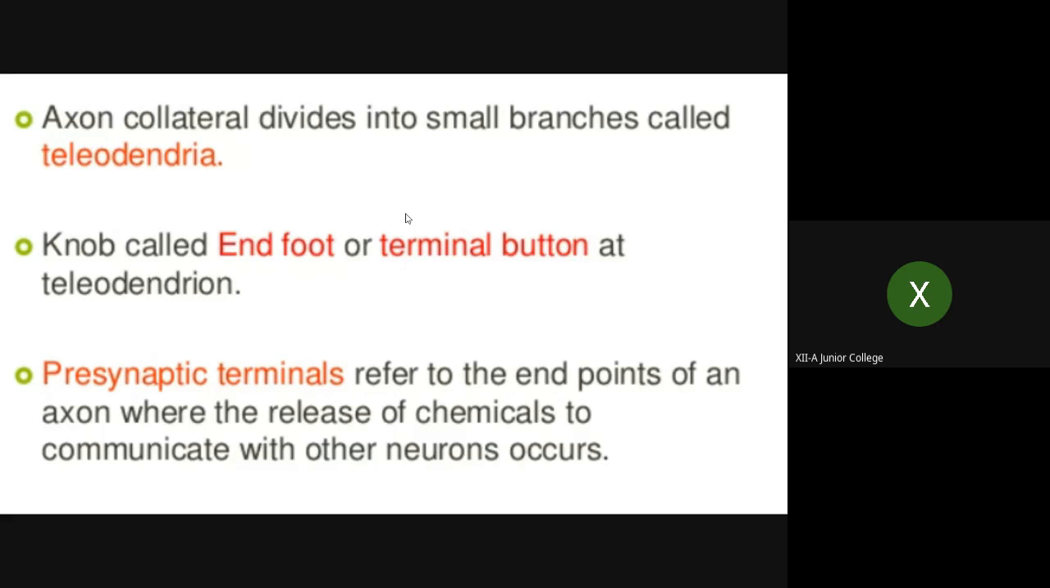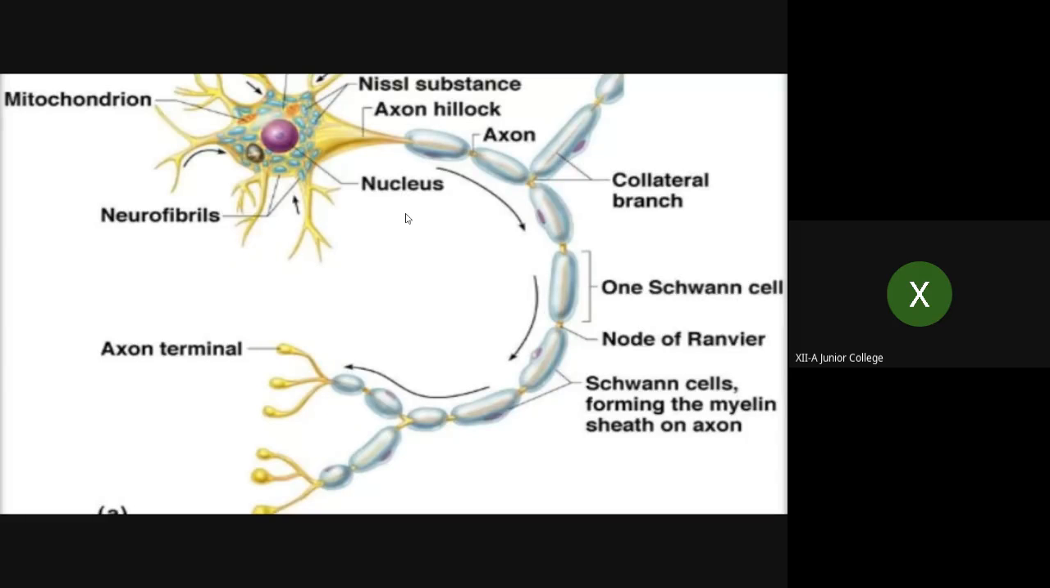Then presynaptic terminals refer to the endpoints of an axon where the release of chemicals to communicate with other neurons occurs. I showed you that synaptic terminal also in the diagram. Now here again you can see this is the axon terminal. Okay, this is the cyton. These are the